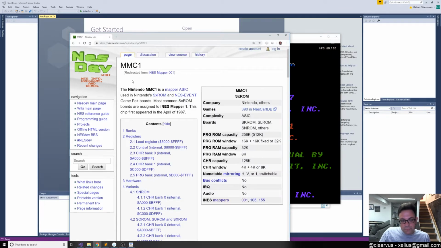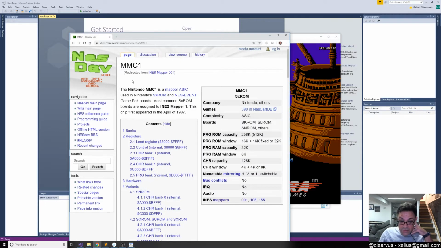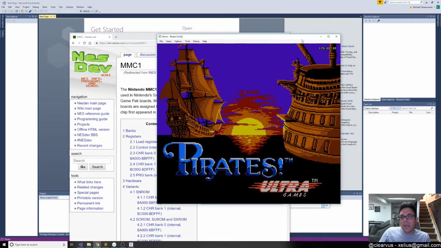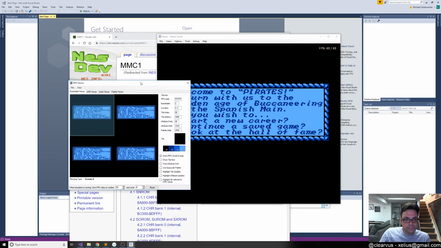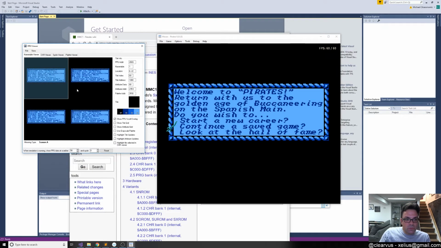So MMC1 has the ability to do bank switching, which is interesting because when you look at the PPU, this is pretty normal looking. One thing you'll notice,